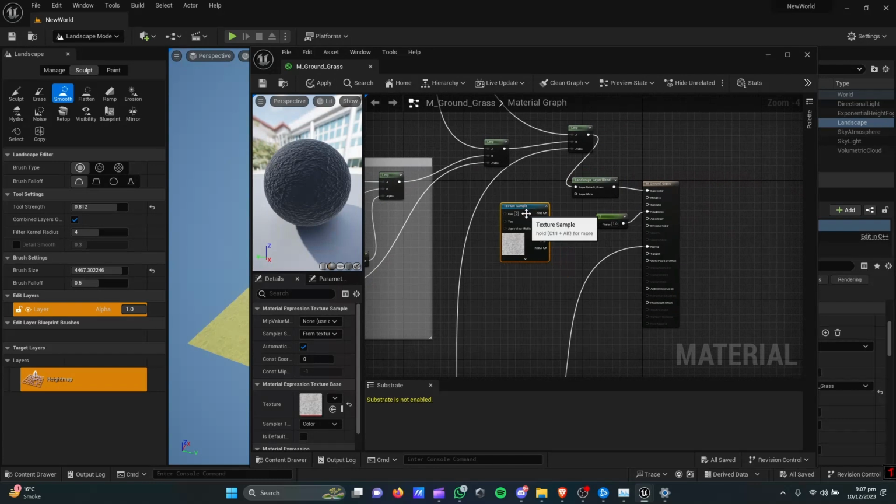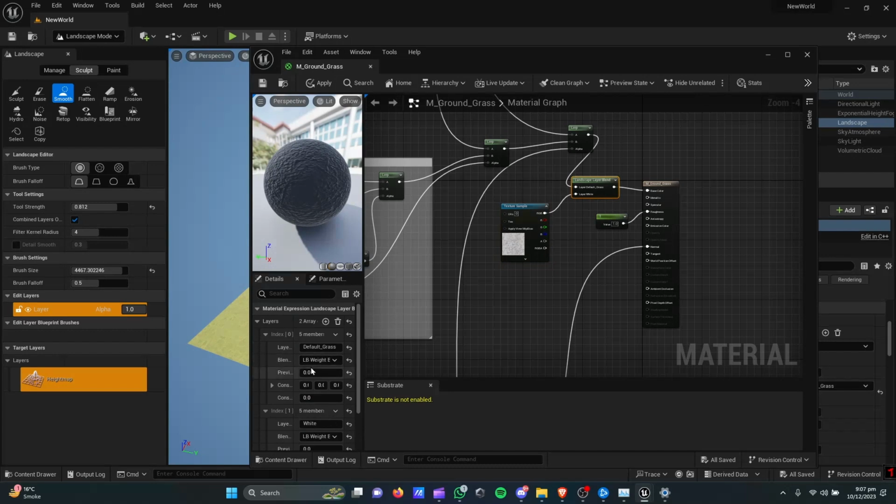Actually, I copy pasted the texture that was already present in the blueprint, but you can also add a texture from the content drawer by simply drag and drop. After we apply and save it,